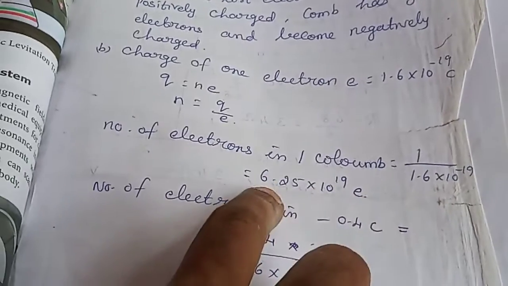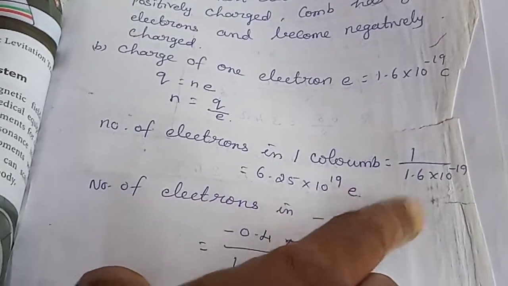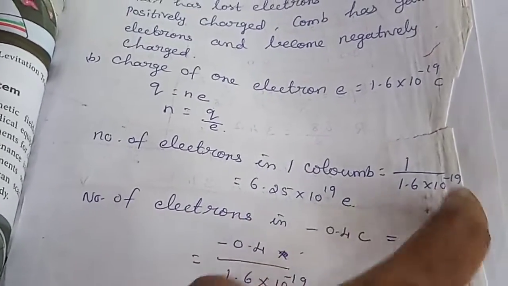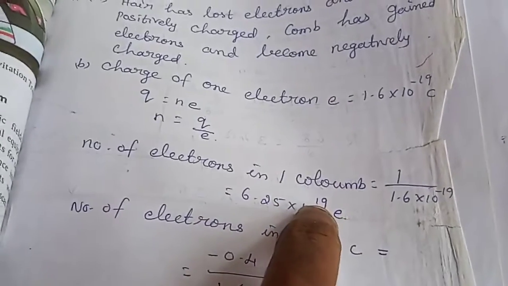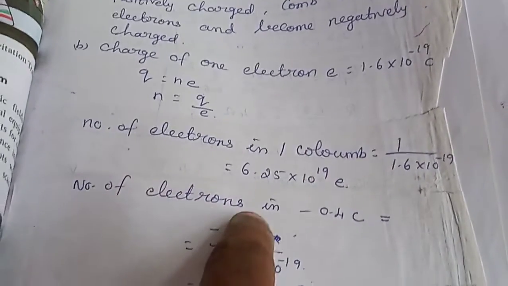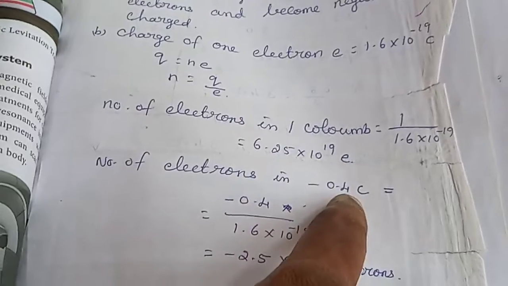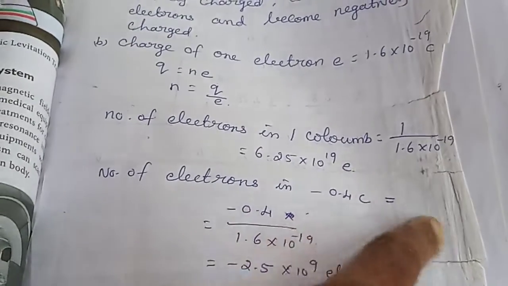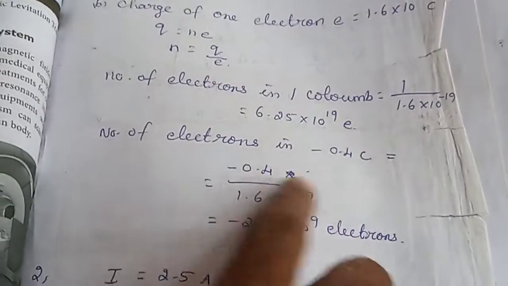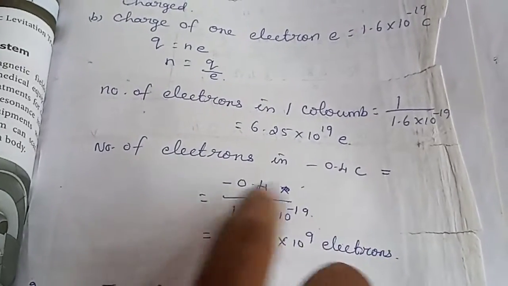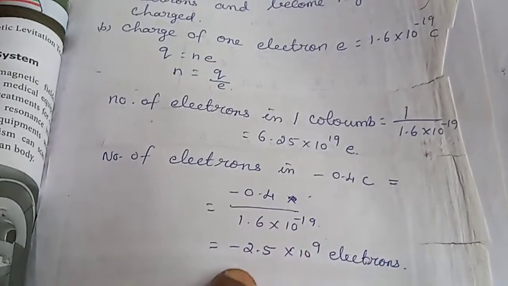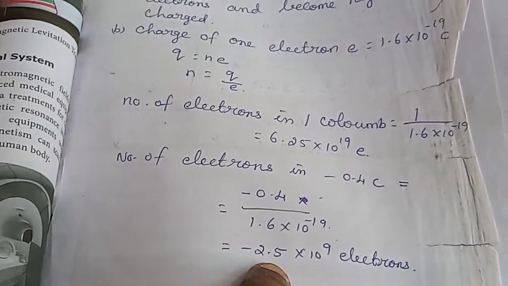So divide and you will get 6.25 into 10 power 19 electrons. The 10 power minus 19 goes to the numerator, so it becomes plus. The charge given is 0.4 coulomb. Then just divide and you will get the answer 2.5 into 10